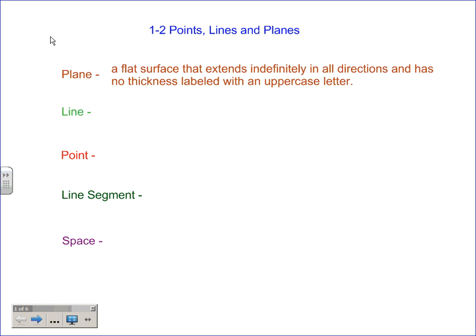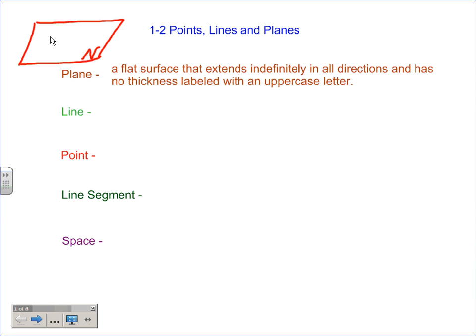Okay. Now it's very hard, obviously, then to draw something like that. So a lot of times when we draw a plane, we kind of draw something like this. Now, does that go on indefinitely? No, that stops. Indefinitely means that it just keeps on going. But we draw like that, and then we'll put an uppercase letter. Normally they'll put it down here, so something like that, N. All right. And then on that plane, you can have a bunch of points all over the place.